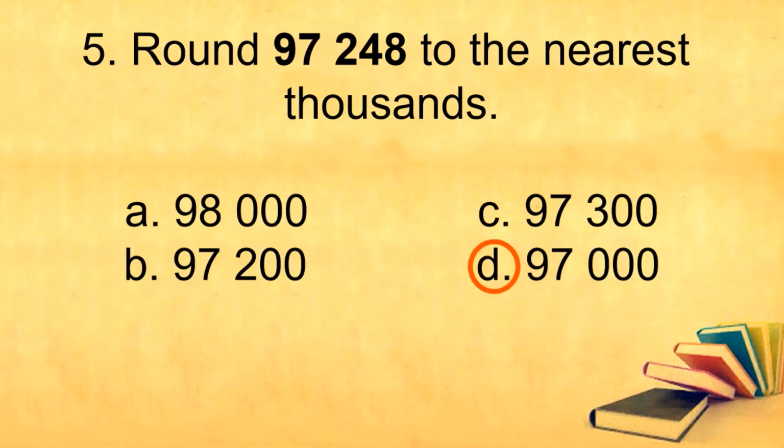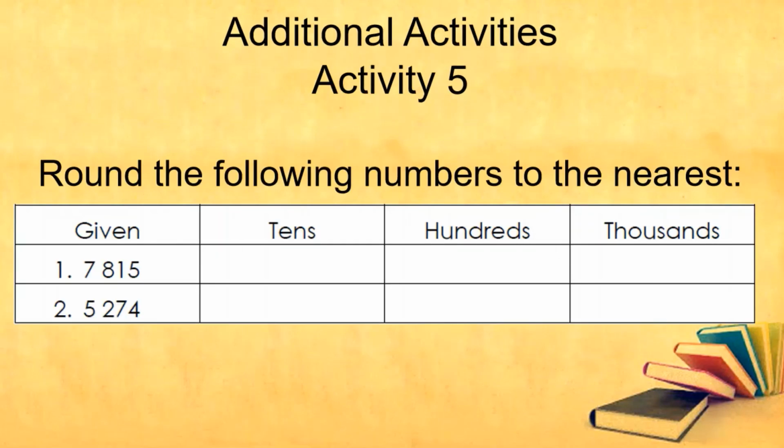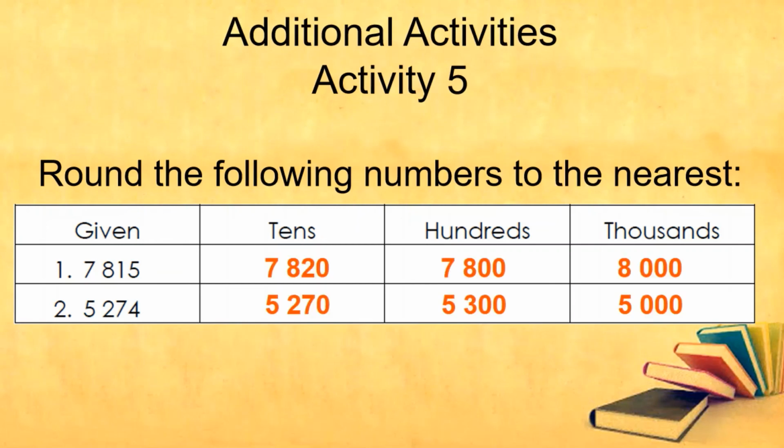Let's go to additional activities. Activity 5. Round the following numbers to the nearest tens, hundreds, and thousands. Number 1. 7,815. Number 2. 5,274. Round these numbers to the nearest tens, hundreds, and thousands. The correct answer is